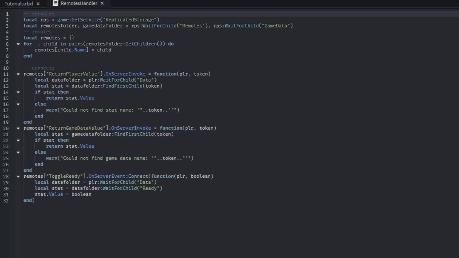Within this script, we're going to list out all the variables, and we're going to make a table or an array of all the remotes so they're easily searchable, easily findable, so I don't have to make a whole bunch of variables like I did here. So we're going to have 3 connects because we have 3 remotes. This returns the player stats. This returns one of the game stats, the game data value stats,